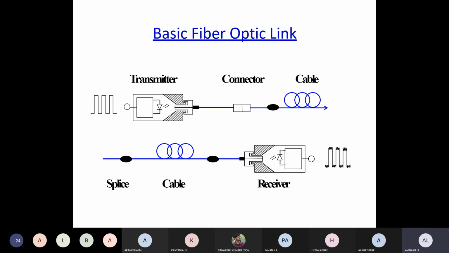Now when you compare the received signal and the transmitted signal, in the received signal some portion has been added with noise. Whatever communication process you take, a little amount of noise will be added, a little attenuation will happen, and a little distortion will definitely happen. There is nothing like ideal communication. One cannot achieve ideal communication. Clear? So this is the basic fiber optic link we have in the syllabus. Please make a note of it, all of you.